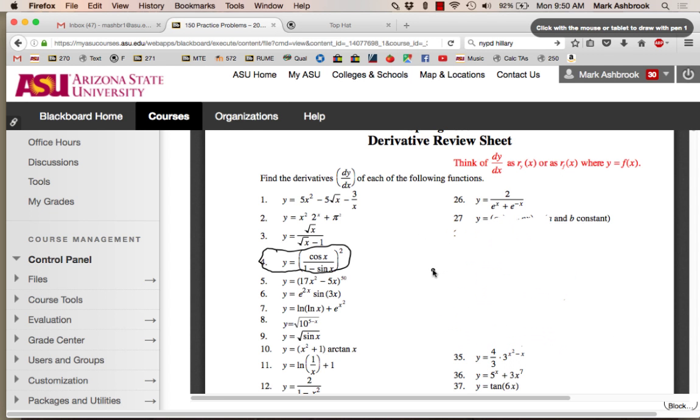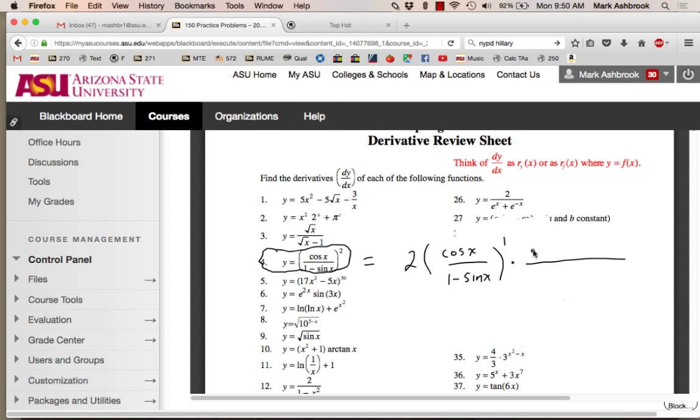Exterior rate of change is going to be, okay, I'm about to do something that's going to earn you a 0 on the problem, and then you're going to tell me why. Okay, ready? Here we go. So I'm going to do outside in. I'm going to do the rate of change with the power rule, 2 times the inside as it is to the first, and then times the rate of change of the interior. And what's the rate of change of the interior? What's the structure of that? Quotient. So now I'm going to have times a quotient, which is going to be low d high